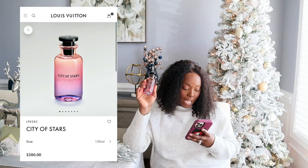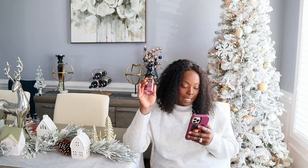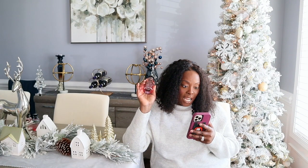All right, so City of Stars, for a 100 milliliter bottle, it will cost you $280, and Louis Vuitton says that it is